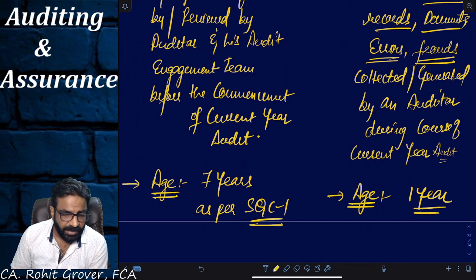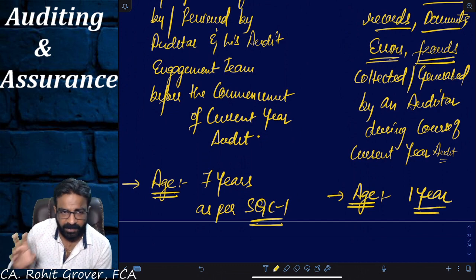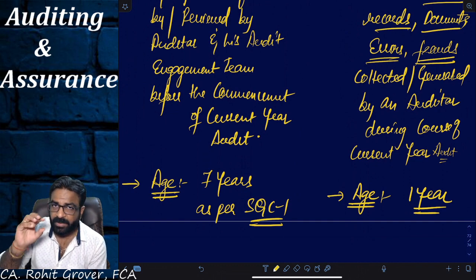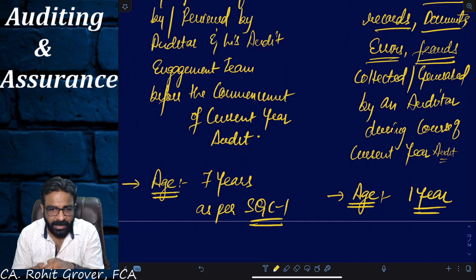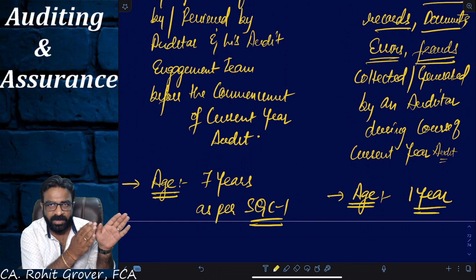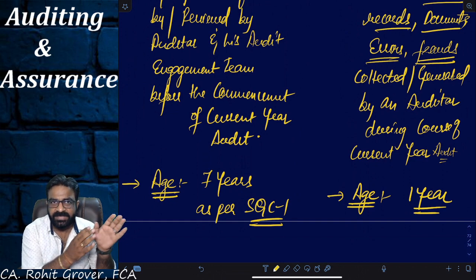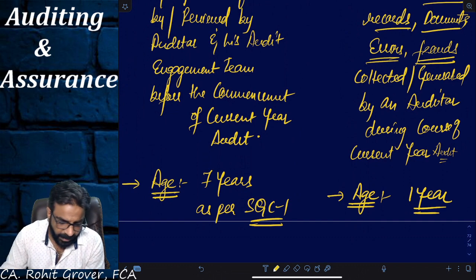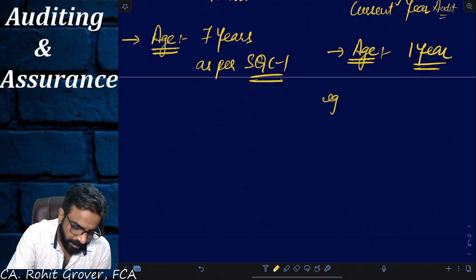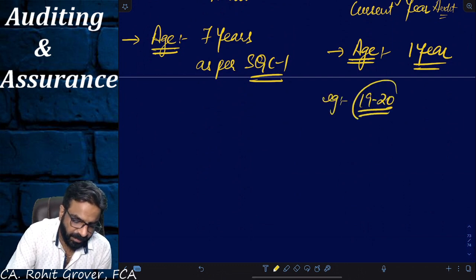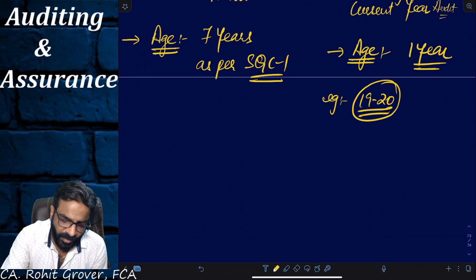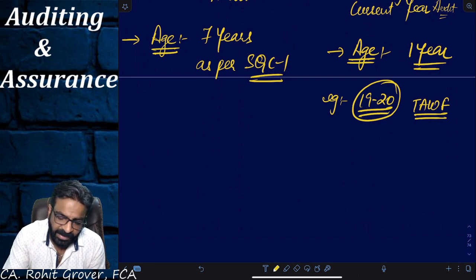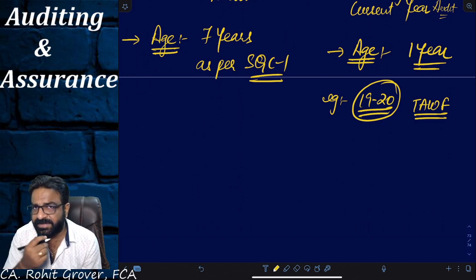Now, listen to the logic. When my current year audit will be over, everyone, listen to this very carefully, will I be going to empty this file and transfer all the documents to the permanent audit working file or not? Yes, and this file will be empty and I'm going to fill up again this file for the 2021 audit. Now, it's a very simple thing. Say, for example, when I was doing the 1920 audit, was I maintaining the temporary audit working file or not? Yes. Now, when the 1920 audit is over, now tell me, from the 1st April, which audit will start?